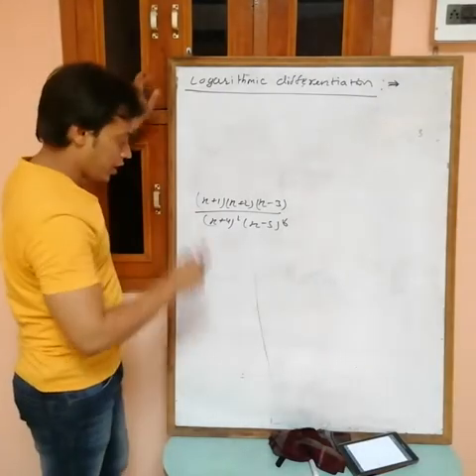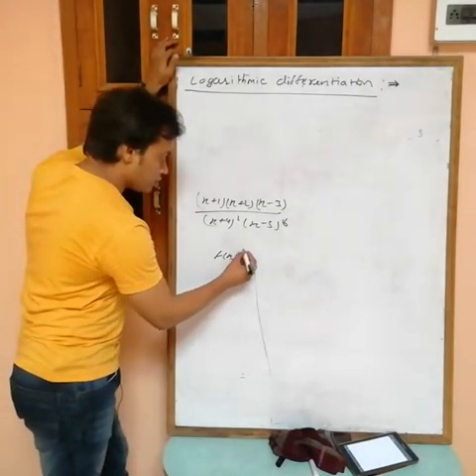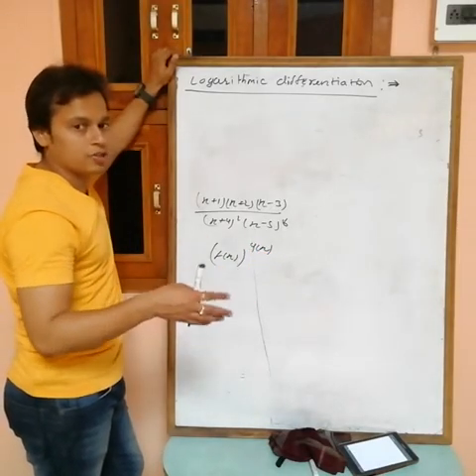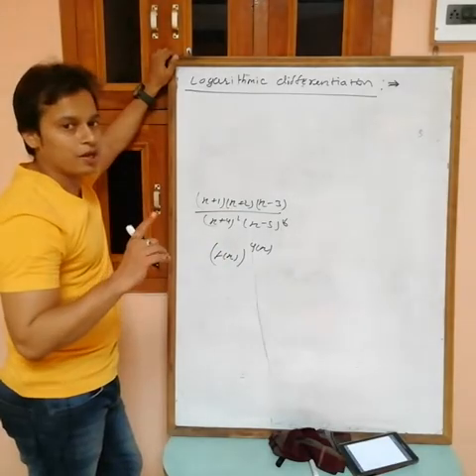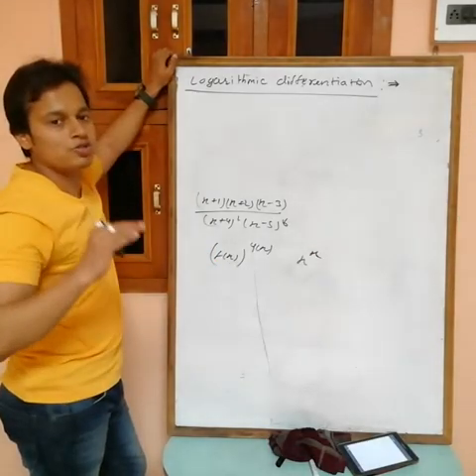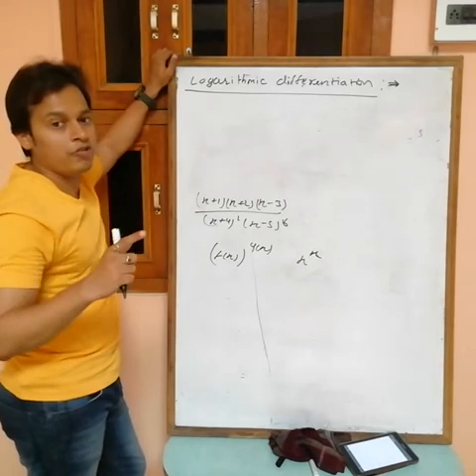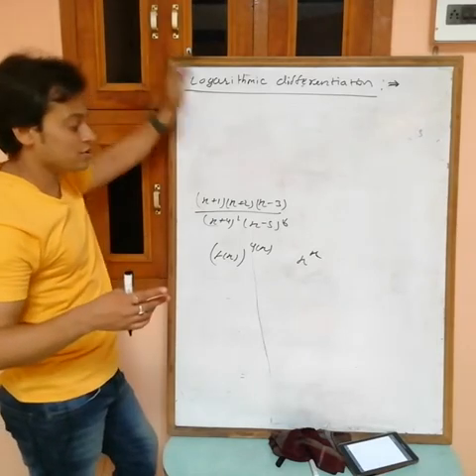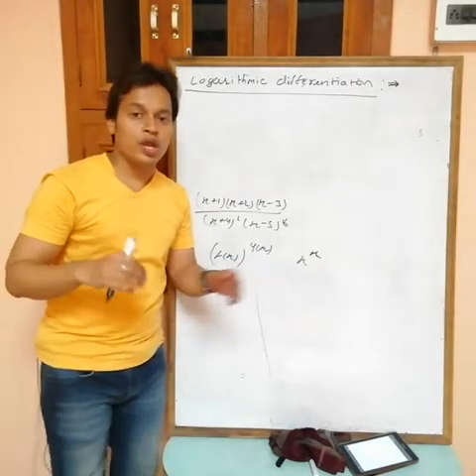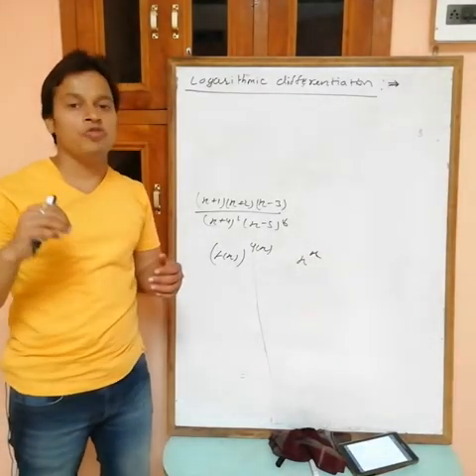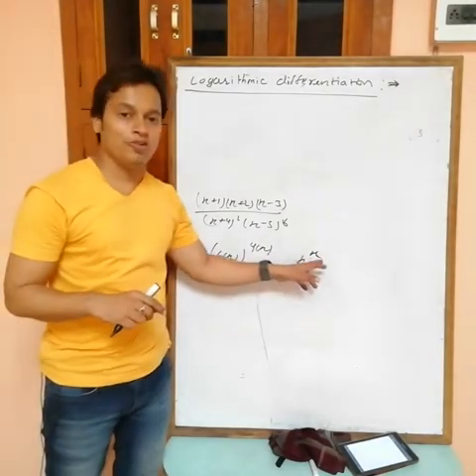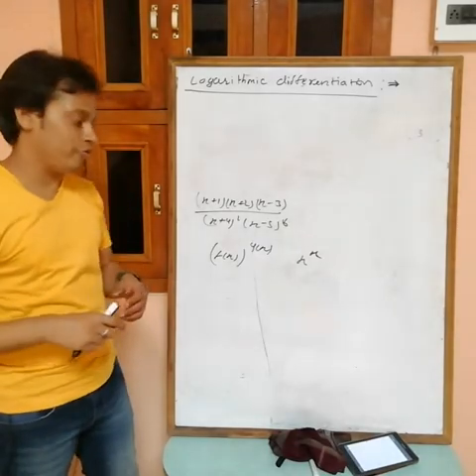And the next one: if you have a question in terms of f(x) power g(x), if a function is given as function power function, then always use logarithm, because directly you can't differentiate. Suppose you have x power x; to differentiate x power x you can't use the formula of x power n, because that formula is for when n is a constant, and here the power x is not constant. So anytime you have a function in the power, you have to take logarithm before differentiating, because there is no formula for x power x or function power function.